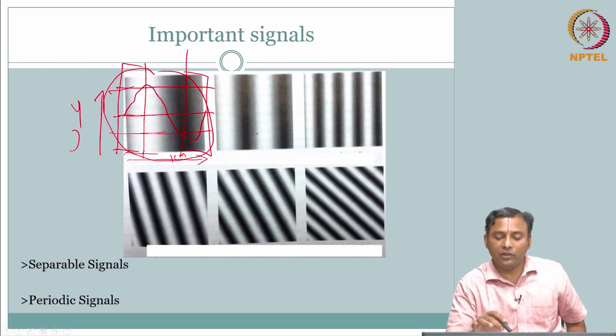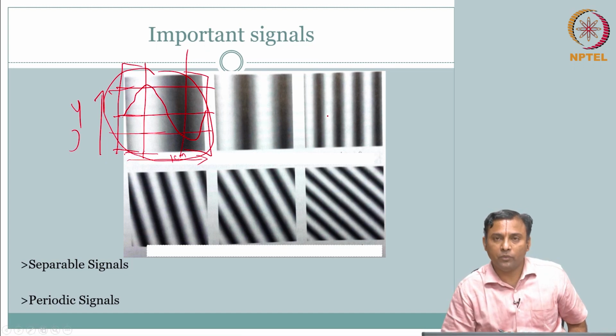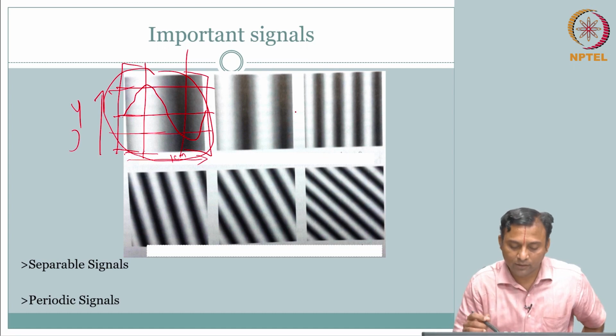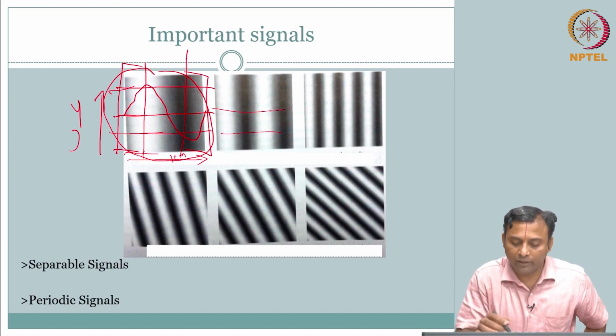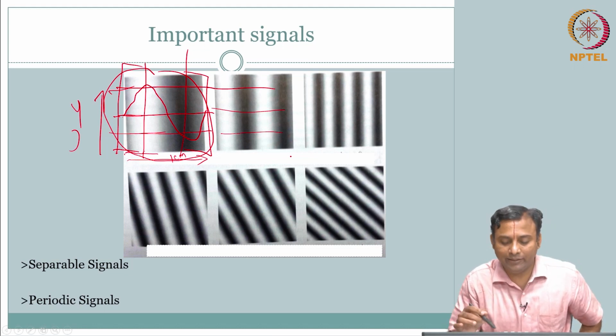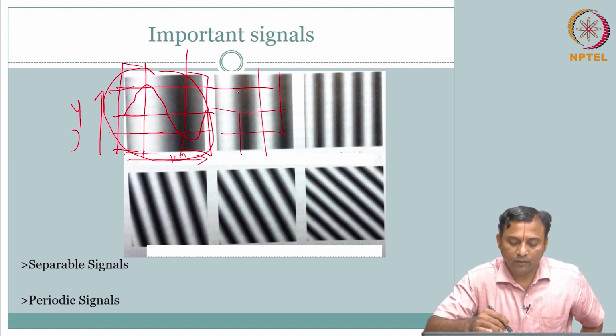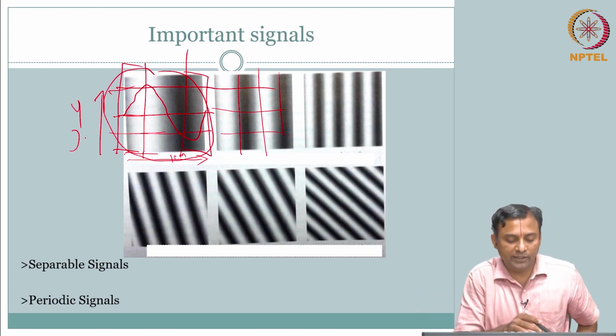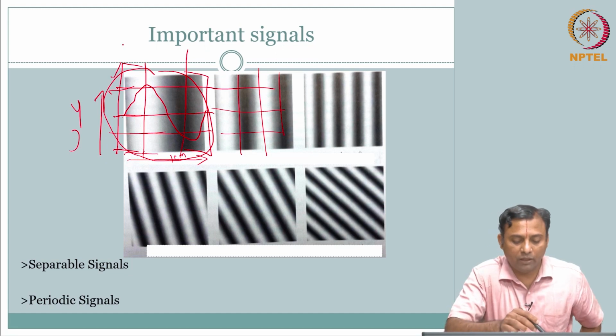So, quickly, can you run through the next two? What do you think it will be? Now it is straight, all of them are vertical bands. So, same logic, if I take a profile here, there will be oscillation. There is oscillation in the x direction, but if I take a profile like that, I do not have any oscillation. So, it is very similar to the first block that we covered.